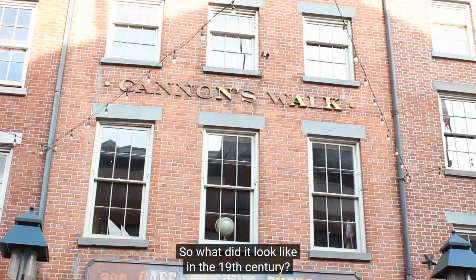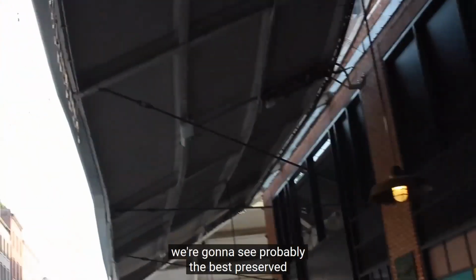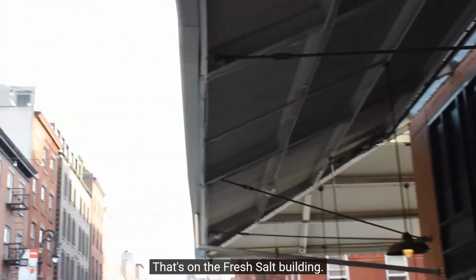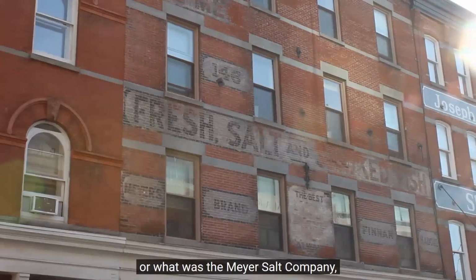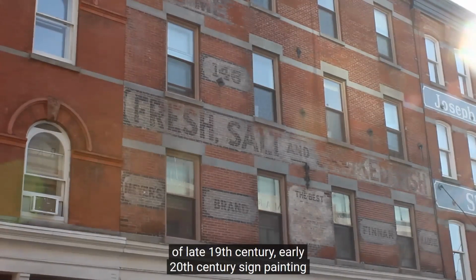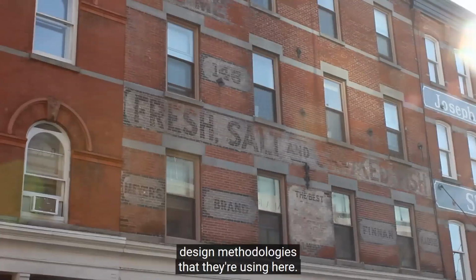So what did it look like in the 19th century? If we keep walking down to Beekman Street, we're going to see probably the best preserved option of 19th century signage, and that's on the Fresh Salt building. So let's get there in just a second. Awesome. So now we're looking at Fresh Salt, or what was the Meyer Salt Company. And this is the best preserved example of late 19th century, early 20th century sign painting that we see in the Seaport. And there's a couple of distinct design